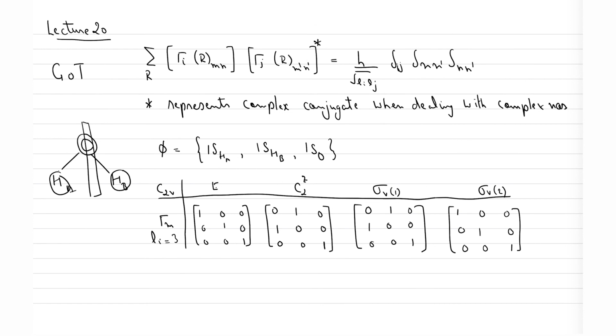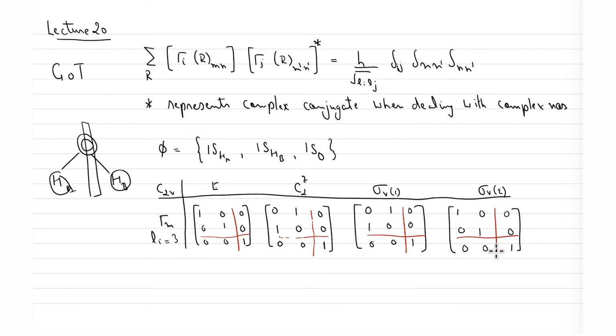So now, if we want to reduce this, it looks like a reducible representation. Why does it look like a reducible representation? Because I can see that this can be easily block factored into a 2 cross 2 and a 1 cross 1 matrix, right? You cannot block factor it into 1 cross 3 and 1 cross 1, because this one is a square matrix of 2 cross 2 order.